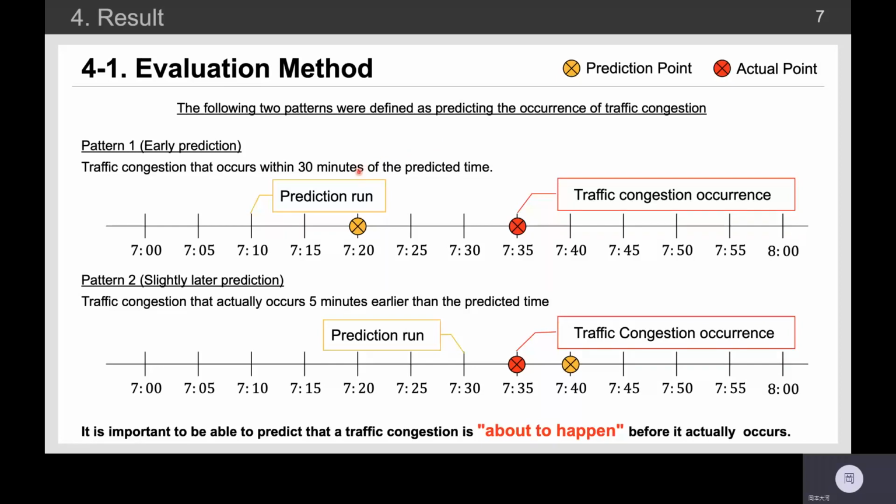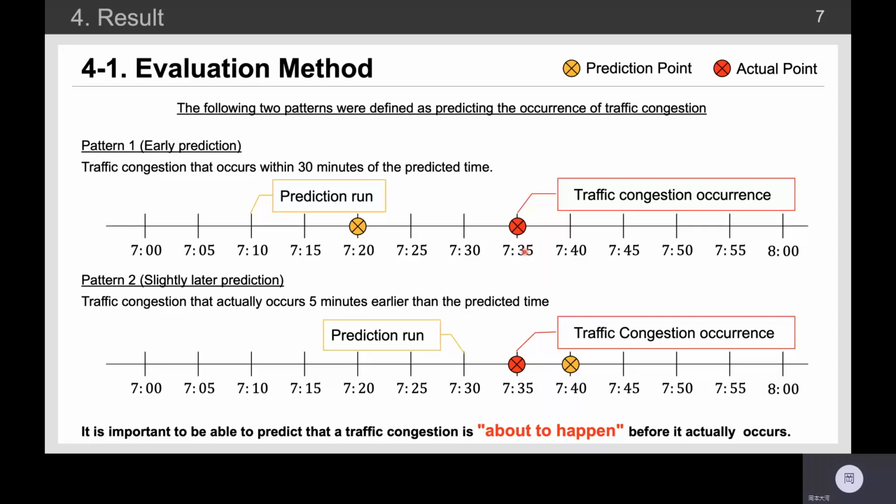For example, the prediction was conducted at 7:10 and predicted traffic congestion occurrence at 7:20, but the actual beginning is at 7:35. Pattern 2: traffic congestion that actually occurs 5 minutes earlier than the predicted time, as shown